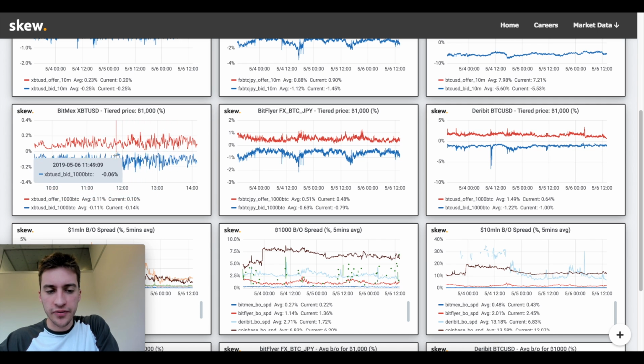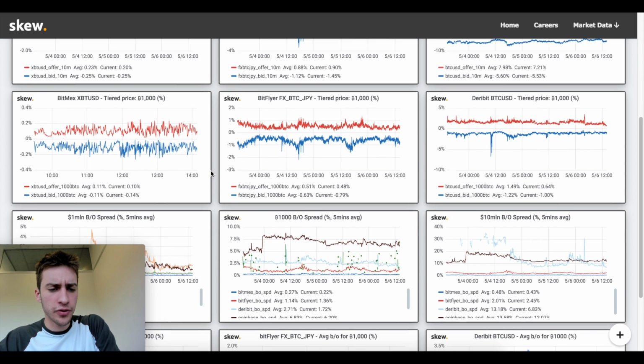So when you see this getting very, very high, something like negative 0.04, that would mean that at that point in time, if you wanted to sell, if you wanted 1,000 Bitcoin of liquidity, you would only need to go down 0.04% in the order book, meaning basically there's very strong bidding at the top of the order book. So what we can do with this information is we can look for points in time